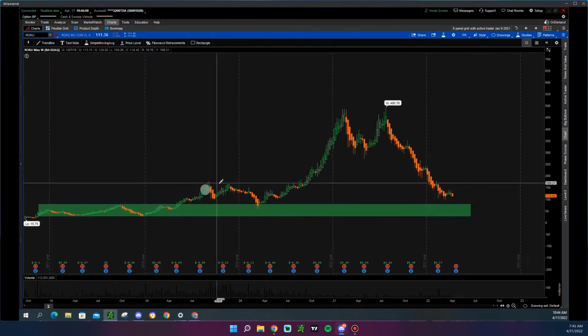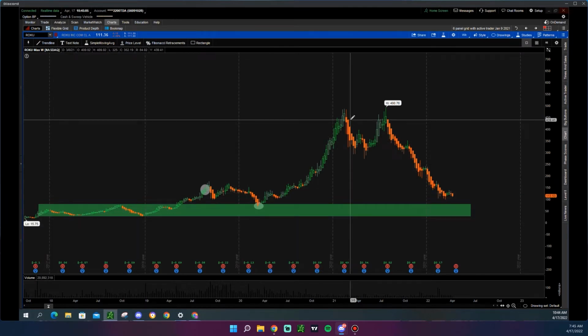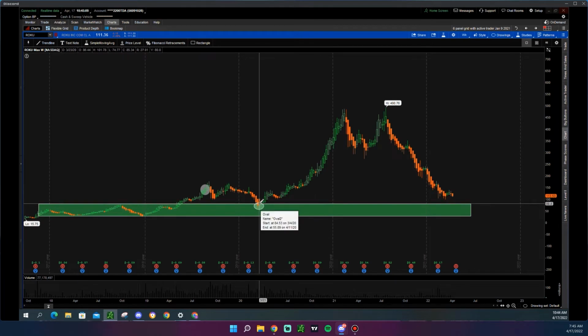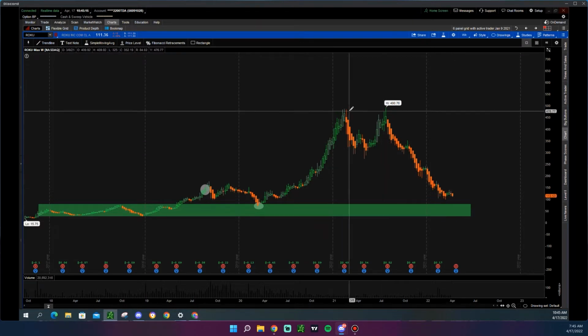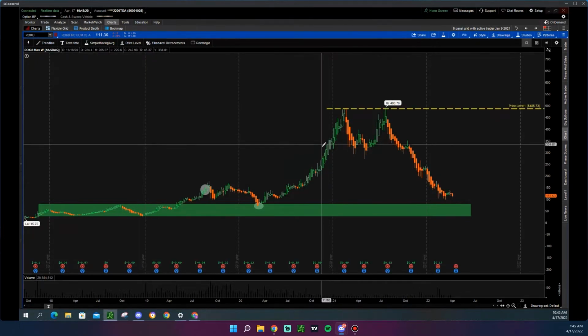So accumulation comes a test. This is where they retest, and then they take off. If this is where they took off last time, it does not necessarily mean they'll come back to it, right? But there's a high probability that this buyer or seller that sold a lot of it in this area,